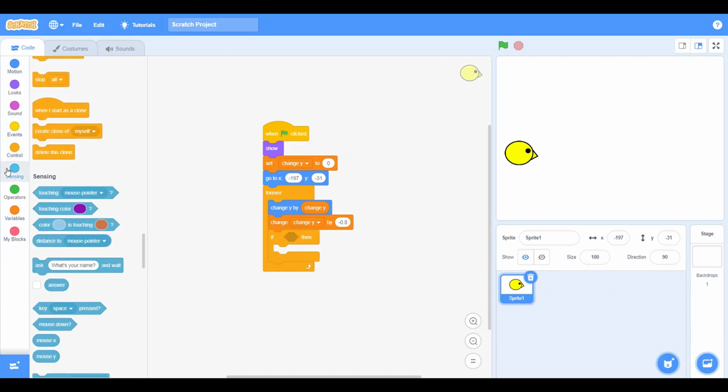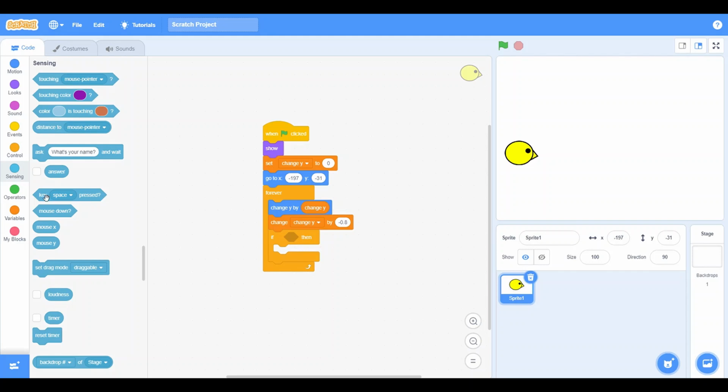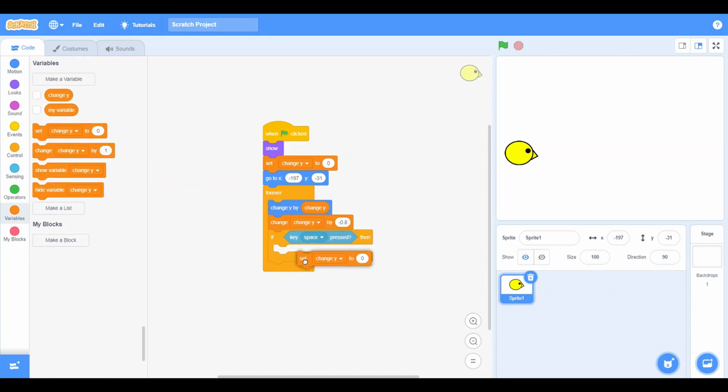So if space key pressed, set change y to 9 or 8 or whatever you want. It should be about 10 to 9. Okay, and now let's see. Now we can see that our bird jumps. So that's it for the bird, and now what we want to do is make the